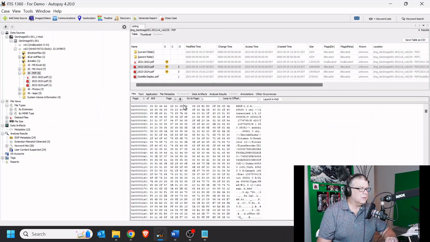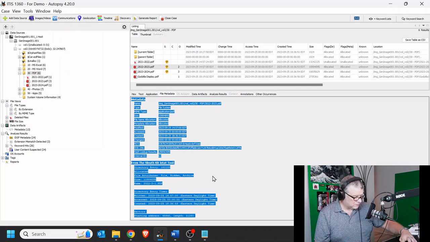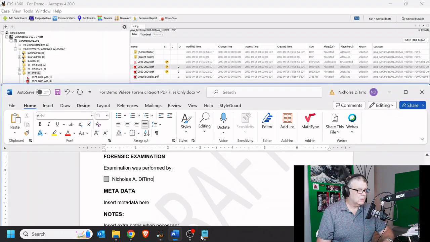Let's go to the metadata here. Oh, we'll notice something on the metadata here. This is a hidden file. All right, that's something good to know. So when we do our analysis,